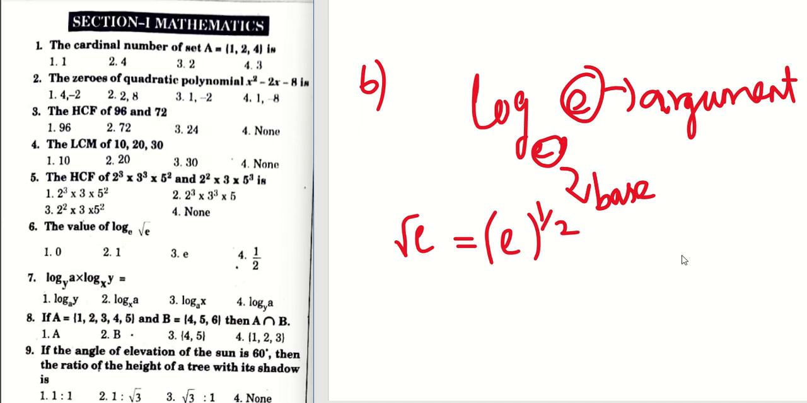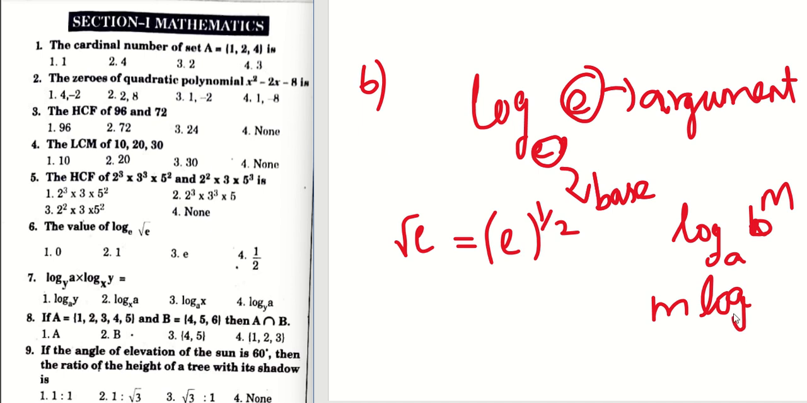So as we know, what is the logarithmic rule we learnt? If there is a power, you can take it before the log. Log a to the power m gives you m times log a to the base k. So this m, whatever the power, you can take it before the log. So what I'm going to do over here, log